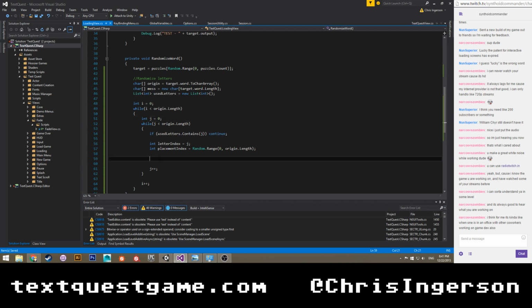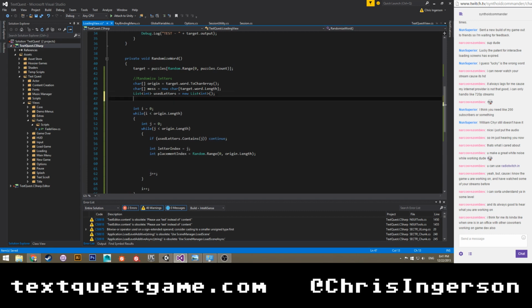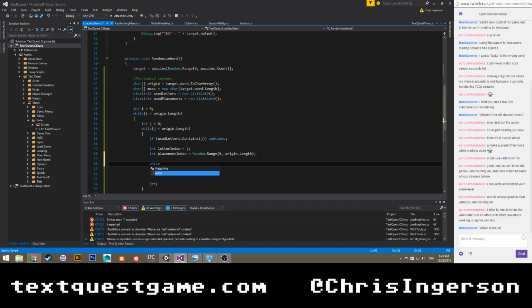Placement index is going to be the potential place that it's going to go to. We have another list up here, list int used placements equals new list int. Then we're going to have while.